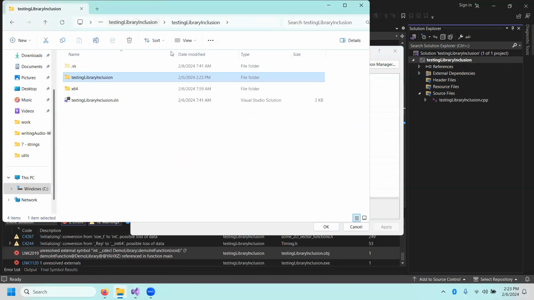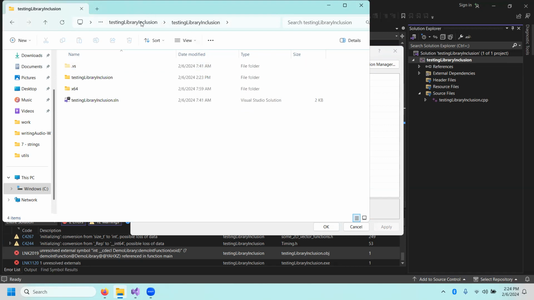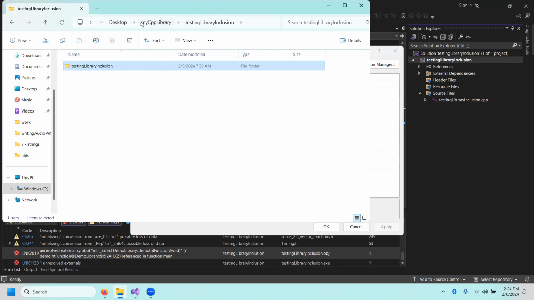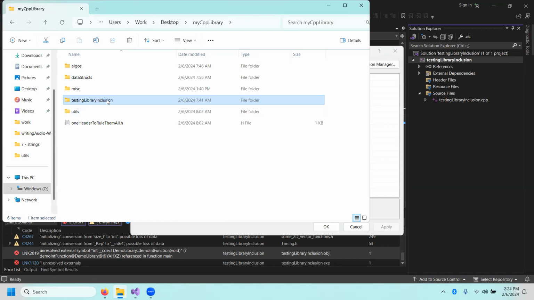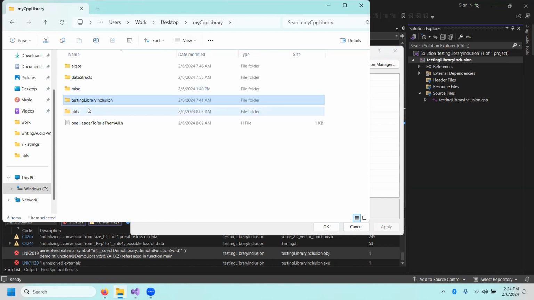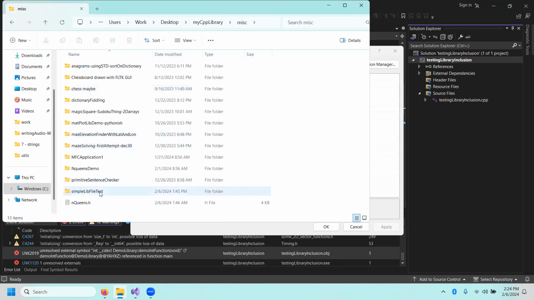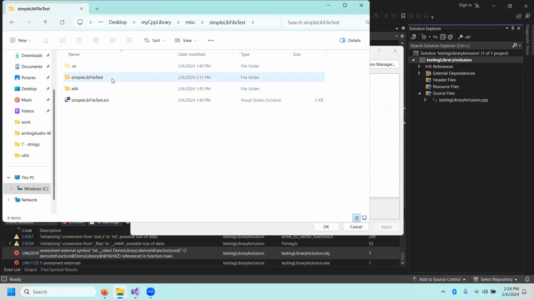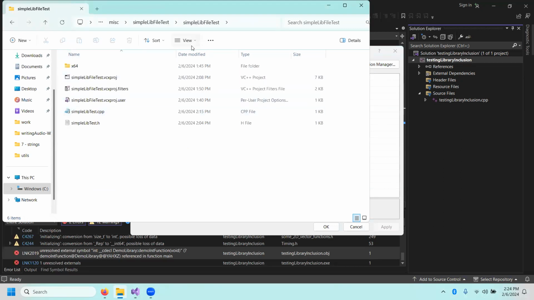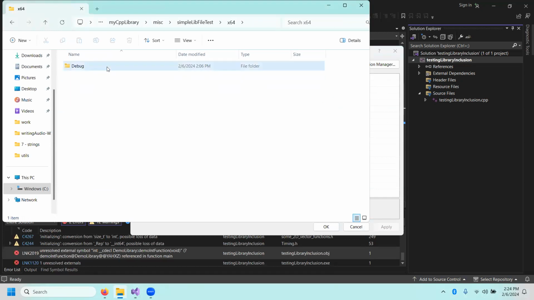So it was from the top, testing library inclusion. Miscellaneous and simple lib file test here, not the header file or the CPP file, but rather in the 64-bit